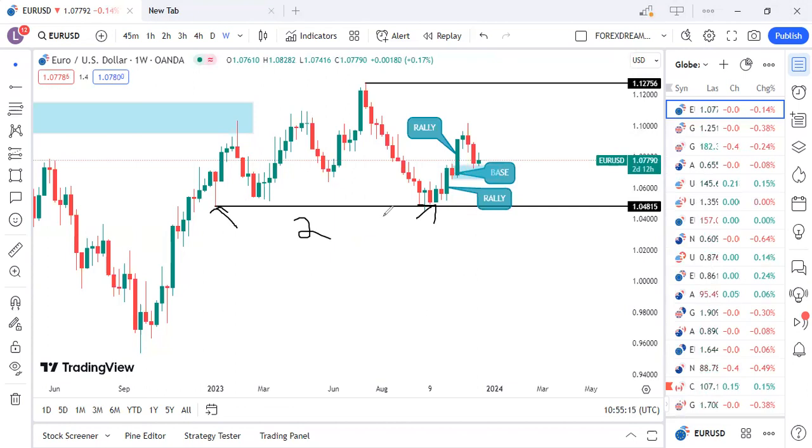What they do is nothing. They wait patiently for the market to come back to the support. Once the market reaches the support, they will take a decision to buy. Now, if they're going to buy here, where are they going to exit? On the resistance. It will take months for the market to push all the way up to the resistance. And then this is how you're going to find yourself making a lot of money in the market. You get in here, you exit on the resistance. You don't just get in here and exit here and expect to make a lot of money.